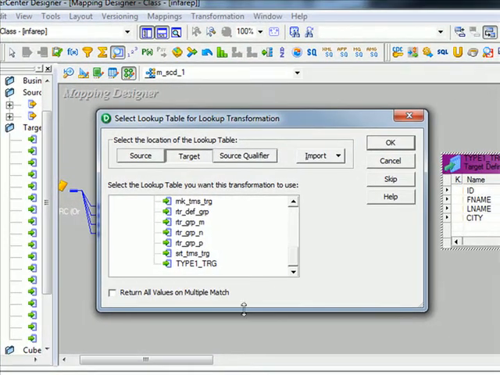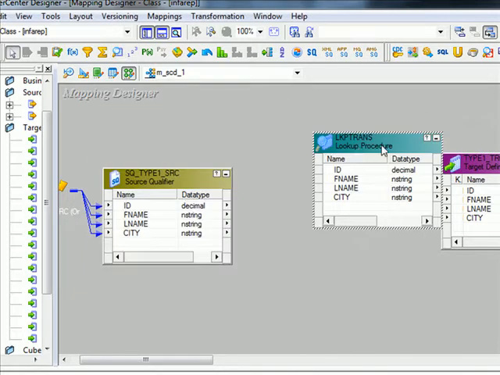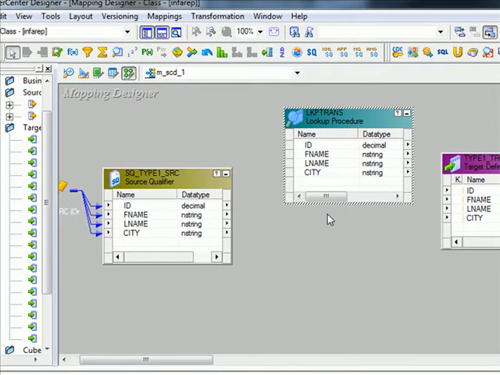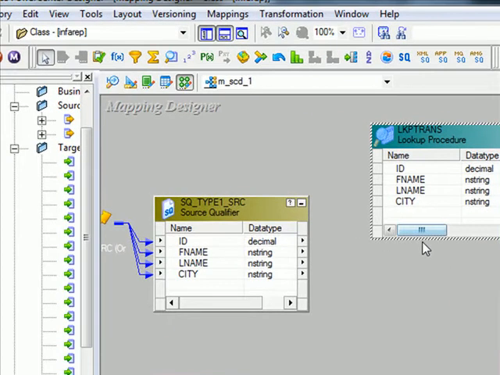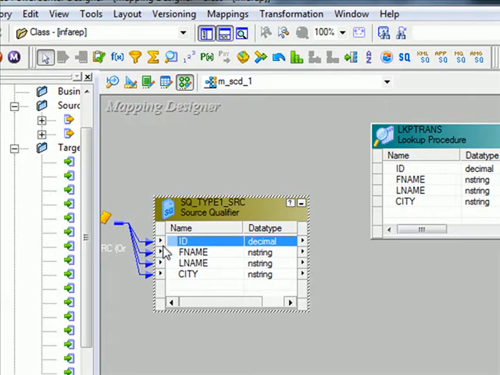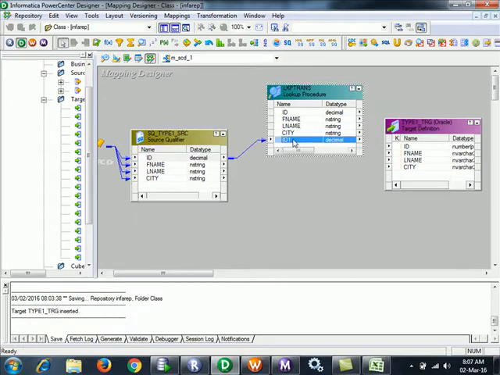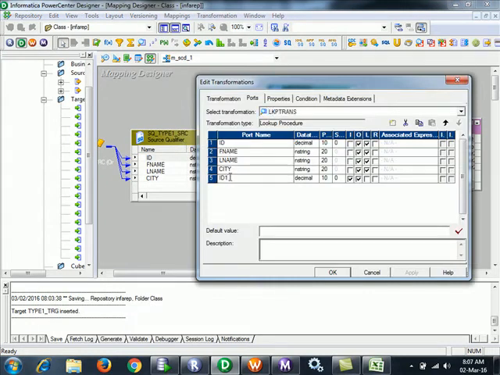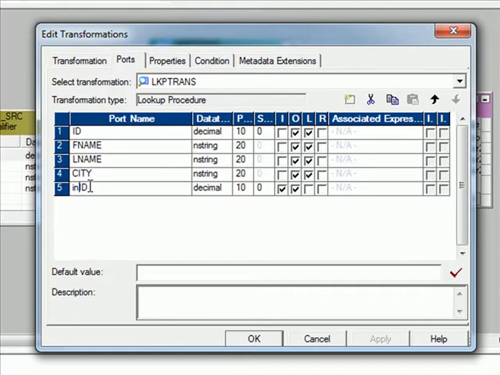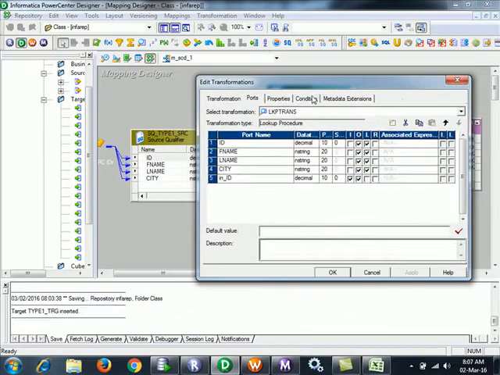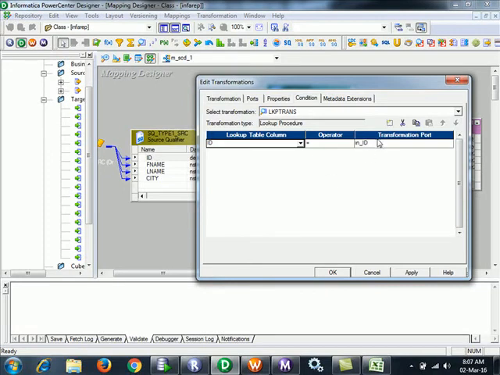Now, as this is SCD type 1 and we need to check whether the values are present in the target or not, this lookup will be on the target. So now I'll pass the ID column to the lookup, in underscore ID. The condition will be ID equal to ID. Whenever ID equal to ID,